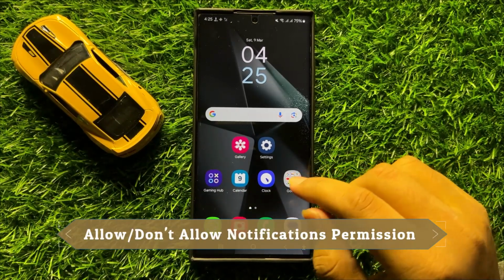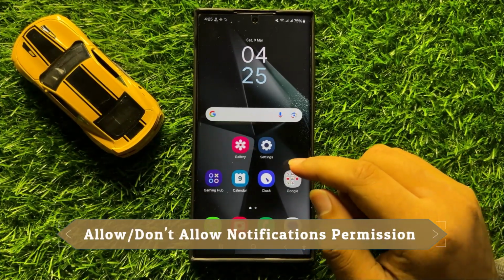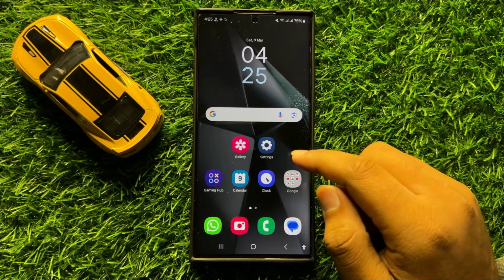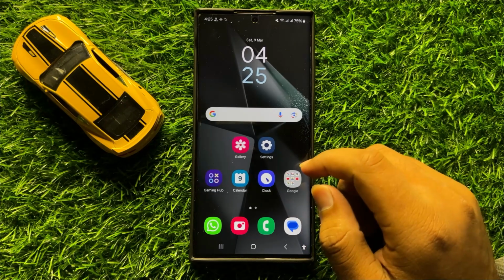Hello everyone, in this video I will show you how to allow or don't allow notifications permission in Samsung Galaxy